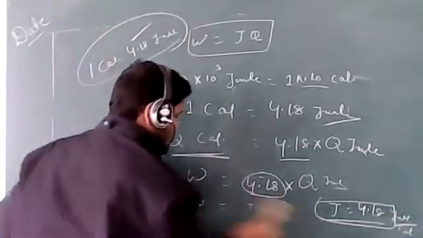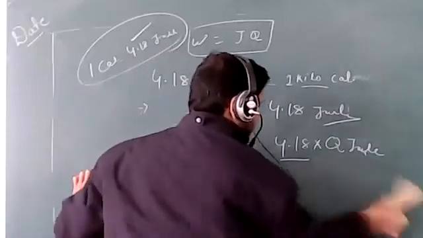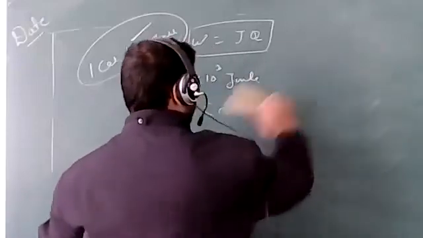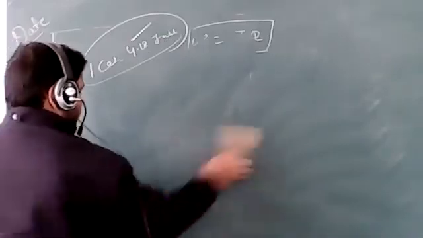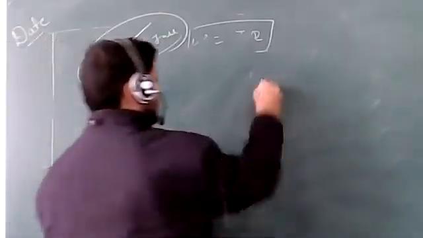In Torricelli's theorem, you have heard this word, velocity of efflux. Is it or not? Velocity of efflux means whatever the liquid material, that is, if it is a container